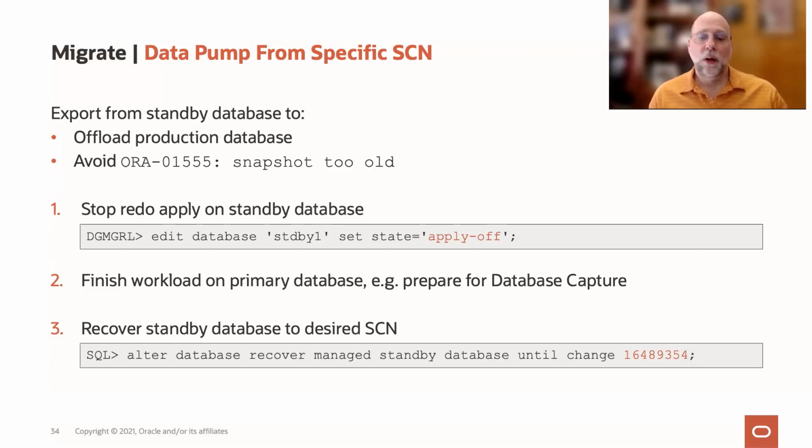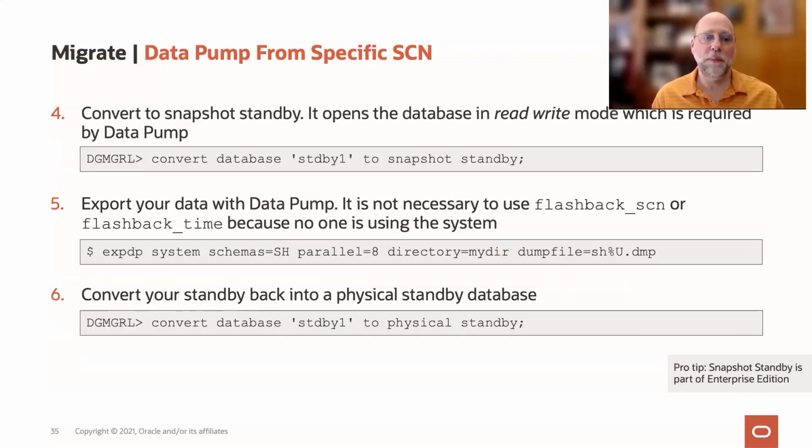And then what we can do is we can recover to a specific SCN. And what we would do in that case is coordinate that with the time, if you're using Real Application Testing, that you start your database capture. That way our database capture on our primary system is coordinated with the point at which we're exporting from our standby. Then we convert to the snapshot standby, and this means it's open read-write at that specific SCN, but